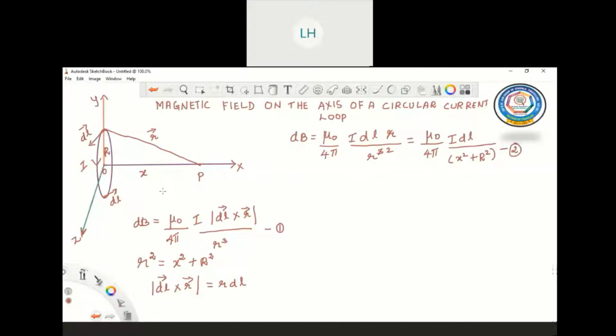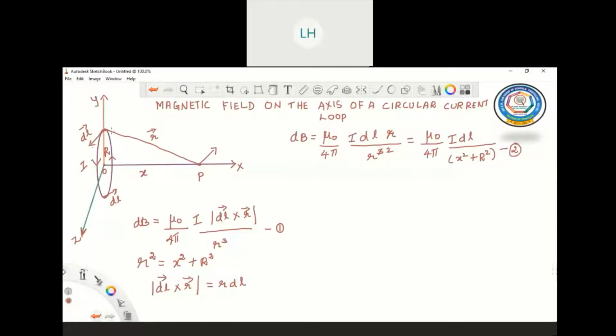Hope all of you understood up to this, right? So here also you can draw the direction of the current, so it will be like this. Okay, yes. Now one more thing is very important here, children. The direction of dB. So what is the direction of the magnetic field here at this point? Okay. So here the direction of the magnetic field at this point due to this current element will be given by along this direction, children. This is again very important. Okay. Look at the direction.